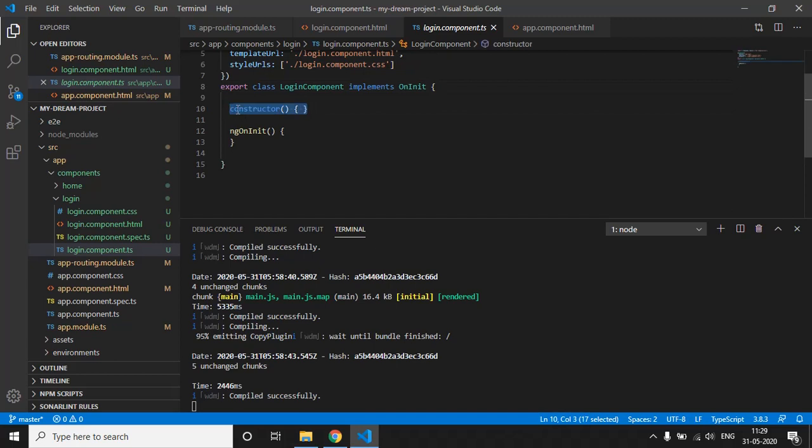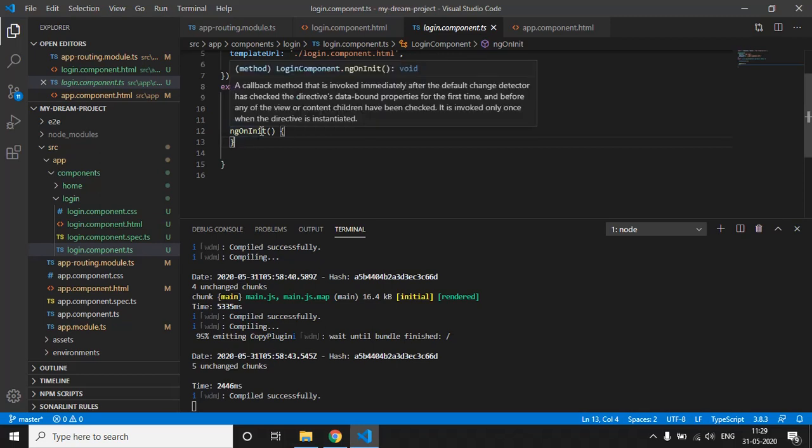This is the constructor where we can make an instance of any library, third-party library or service we want to use. And this is the ngOnInit lifecycle hook. This is a standard method used in every Angular component. This hook gets loaded when the Angular component gets initialized. So whatever we want to do at the time of component initialization, we can write into this ngOnInit function as well.